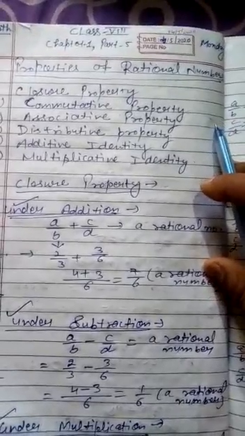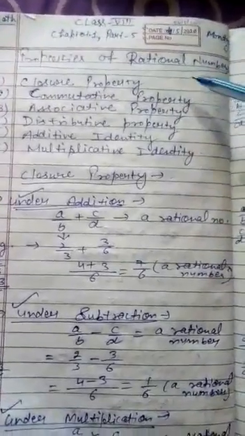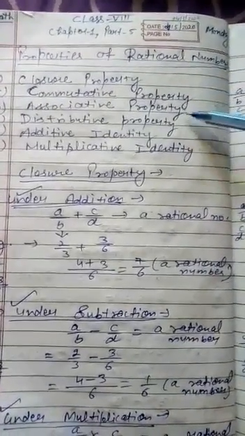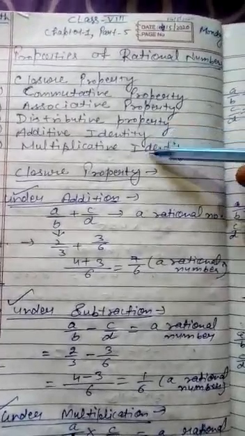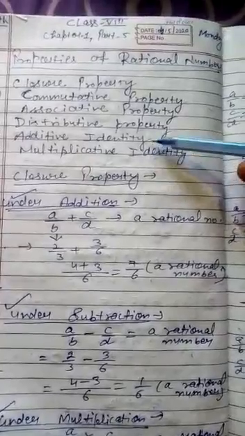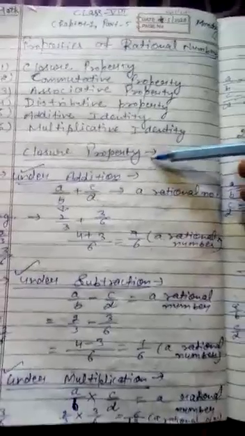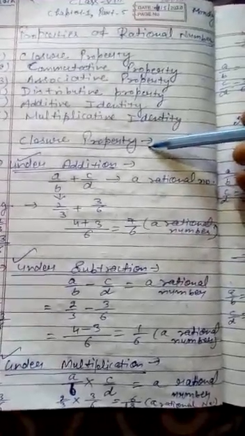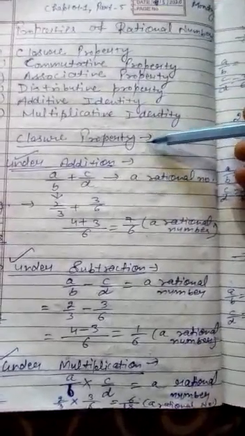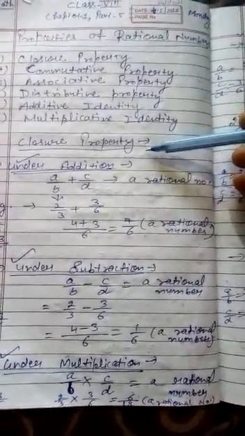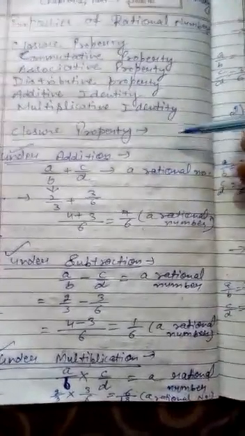So this is the first video of today's lecture, properties of rational number. These are written here: closure property, commutative property, associative property, distributive property, additive identity and multiplicative identity. These two properties I have told earlier, but I'll explain now also. Firstly, we'll do closure property. As you have done already in your 7th class all the properties for integers, now we will do all the properties for rational numbers. And you know all the properties we are doing under addition, subtraction, multiplication and division.